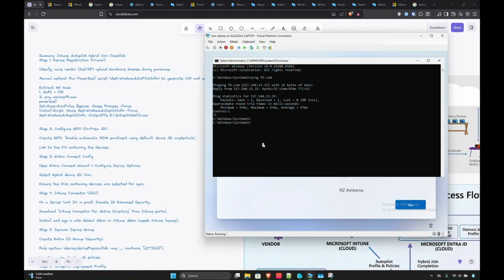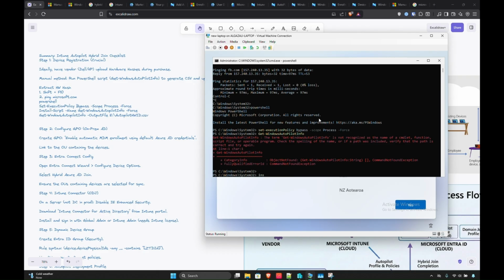So assuming this is working, let's go to our setup. We need PowerShell. And let's set the execution policy bypass. Okay, the autopilot info, Windows info process. So I will just save for this. From here, let's go to install script. Okay, let's install